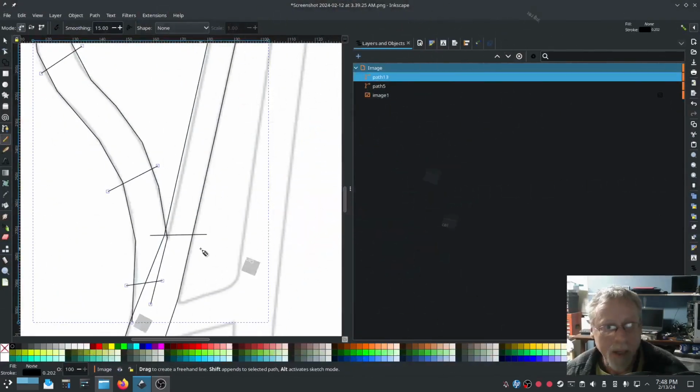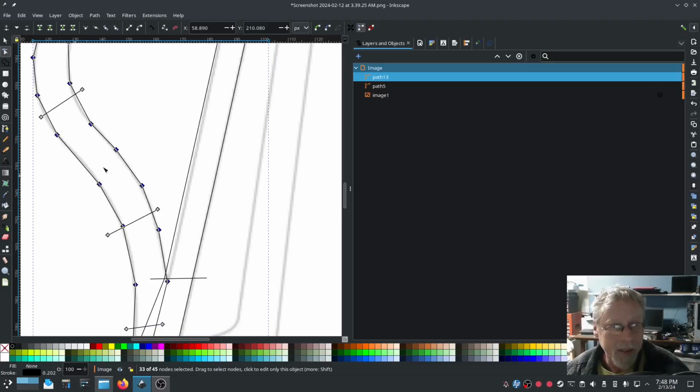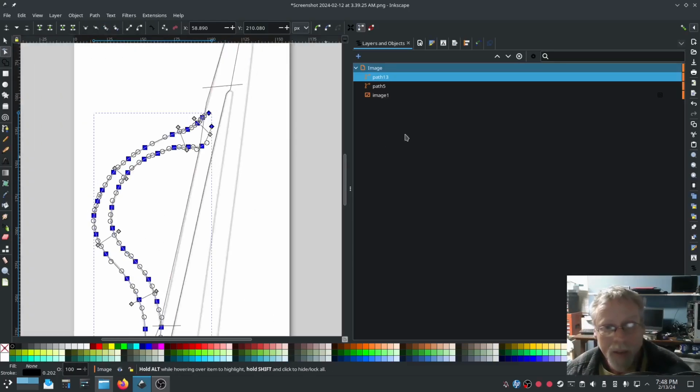Very good. Okay, I'm going to make it look just a little bit better because I'm going to select all on that rung, and I'm going to push shift to get that rung and select all again. So now I have both rails selected, every node of both rails. And I'm going to select that, make selected nodes symmetric, and that will help. Okay,